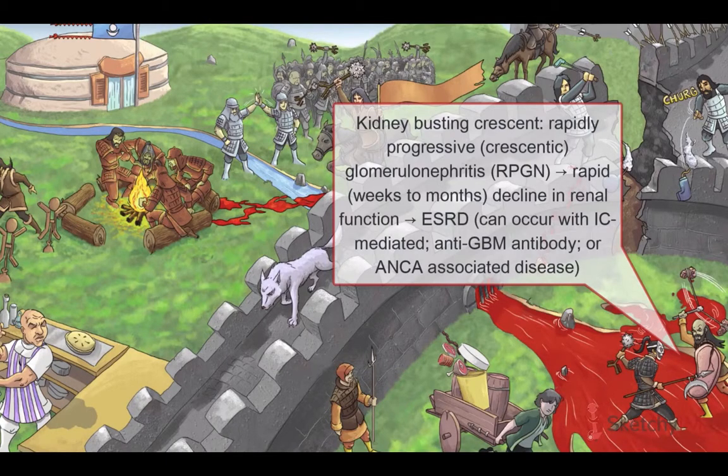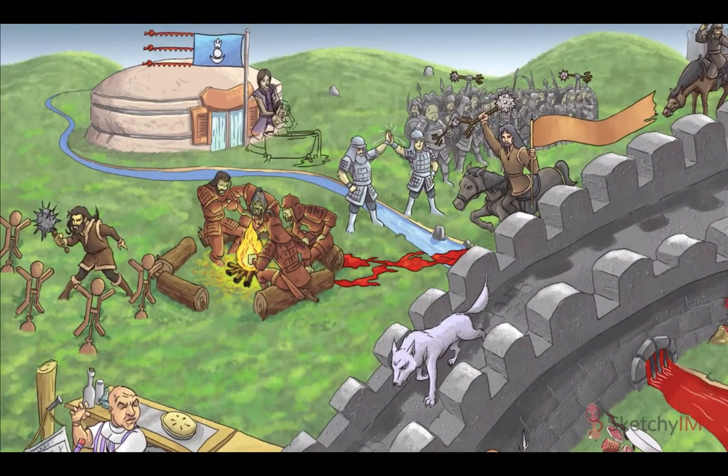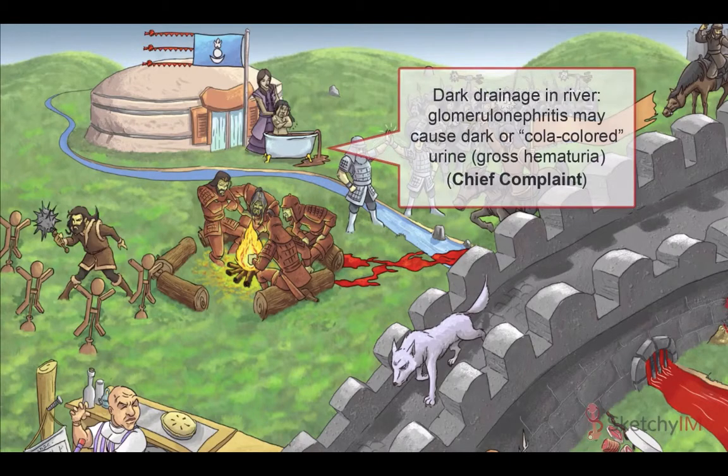This severe form of glomerulonephritis can occur with any of the aforementioned immune complex-mediated glomerulonephritis syndromes, though is especially likely in cases of anti-GBM antibody disease, as well as the ANCA-associated vasculitides GPA, MPA, and EGPA. Alright, let's see how our patient is doing, because there are some key symptoms that can point you towards the